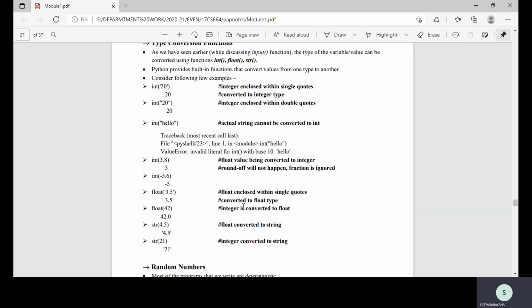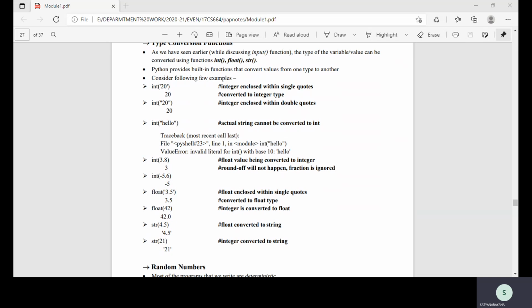What is meant by type conversion? As we have seen in C programming, when you want to convert one data type to another data type, then we are going to use the type conversion. In C programming, we do the type conversion using various procedures. At the same time in Java also, by using dot operators, by using user defined types, etc. Now we will see how to do that in Python.